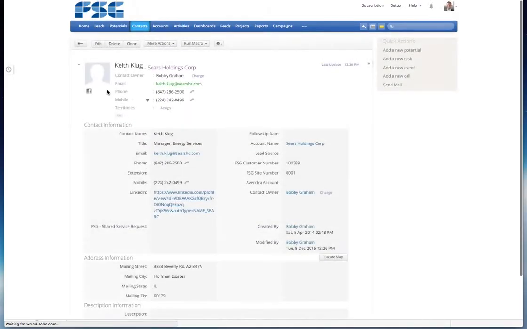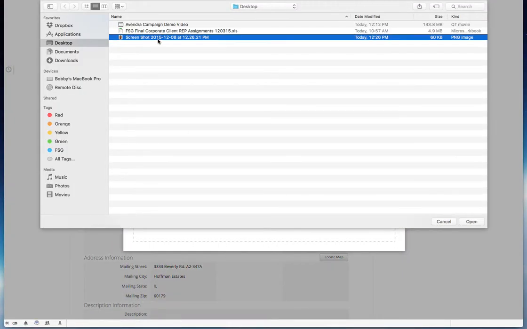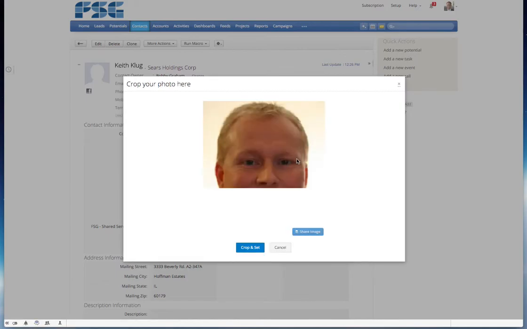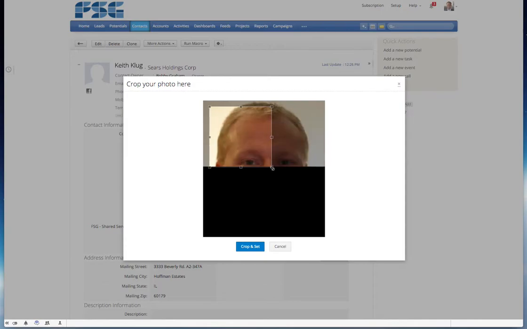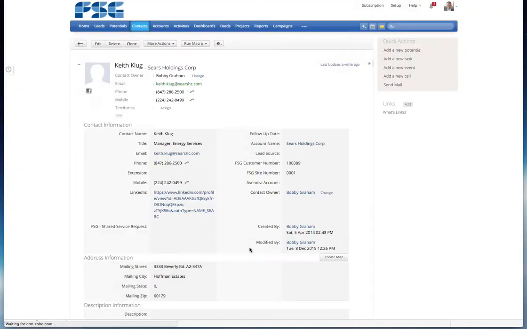So I'm going to go to Keith Klug. I'm going to click change, and I'm going to select the photo from the computer. There's the screenshot. I'm going to go ahead and add that. It'll take a few seconds to load. There it is. Excellent. We'll go ahead and try to crop it the best we can just to get a look at his mugshot. All right, so now it'll update